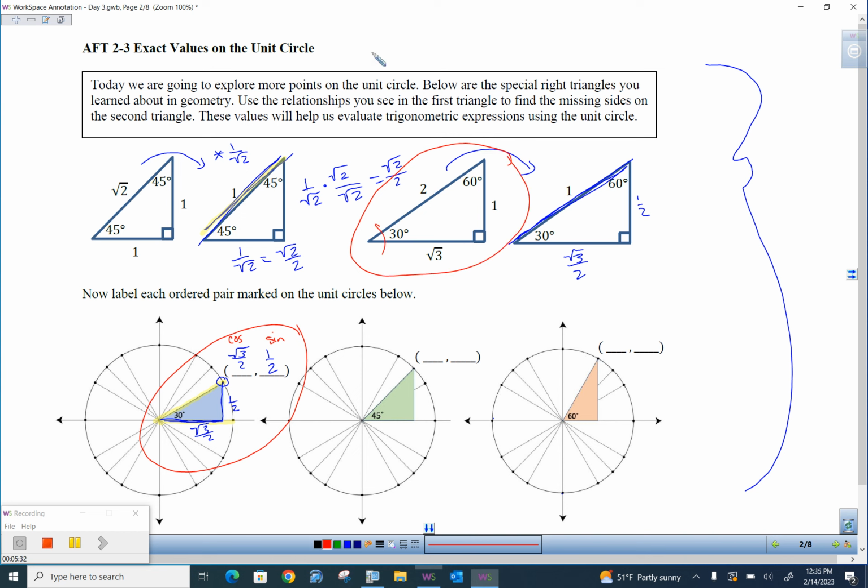If we go back to SOHCAHTOA, sine is the ratio opposite over hypotenuse. Well, opposite over hypotenuse is 1 over 2, which is 1/2. Cosine is adjacent over hypotenuse. Adjacent is the square root of 3 over the hypotenuse, which is 2. And then our tangent ratio, opposite over adjacent, is 1 over square root of 3,